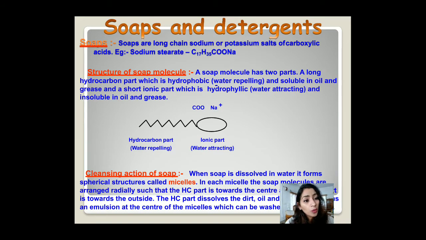What is the structure of soap? Soap is made up of two ions, one is a cation and the second is an anion. Like sodium, it behaves as a cation and it is water soluble. Being water soluble, it is hydrophilic. And the long chain of the vegetable oil has a negative charge and is not water soluble, so it behaves as hydrophobic. Later I will explain how soap acts to clean the dust.